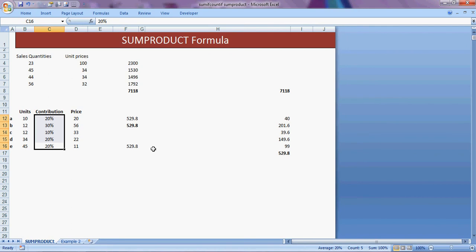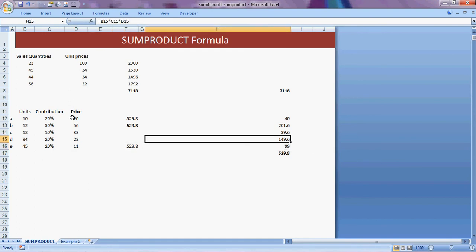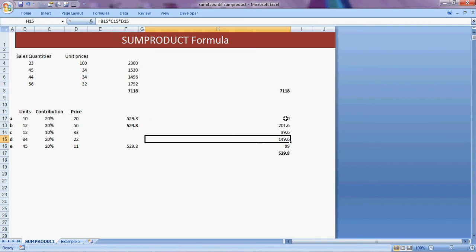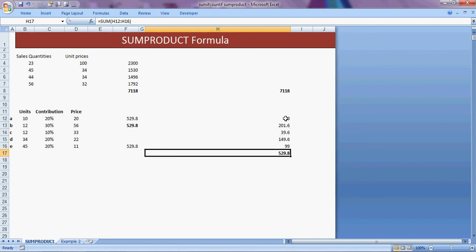Now the price per unit. If you have to multiply them and get the value, the normal method is, I'll show it again so you can understand: this into this into this, units into contribution into price, and then we simply drag it and add up. The answer is 529.8.